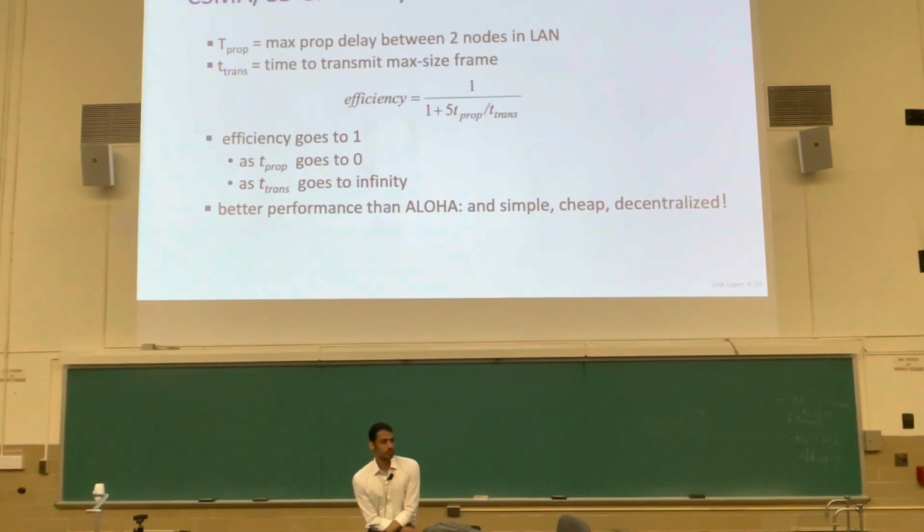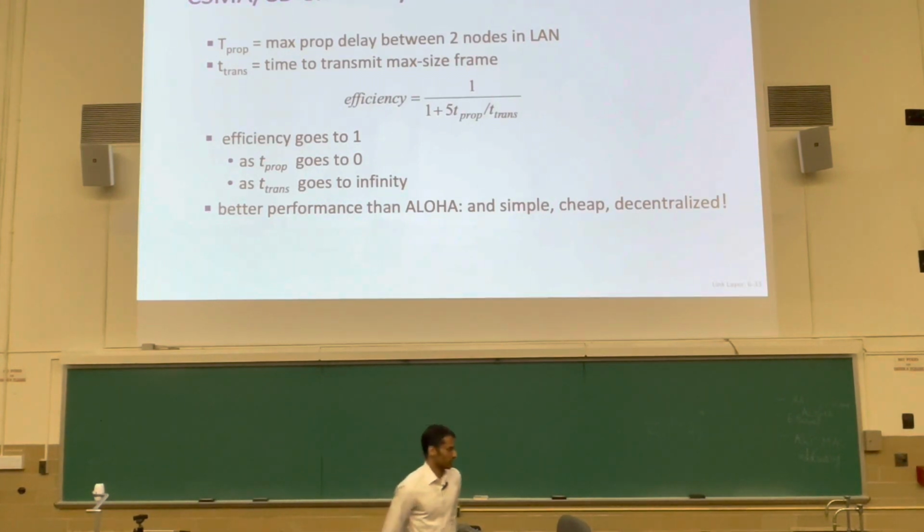We can ask the question of what Ethernet's efficiency is, just like we did for Aloha. In Aloha, we said slotted Aloha has 37% efficiency in the limiting case, when a large number of nodes are interfering. Unslotted Aloha is worse, it's 18%. We were unsatisfied with that, and told you Ethernet's much better. What is Ethernet's efficiency? It is given by that formula: 1 over 1 plus propagation delay divided by transmission delay.